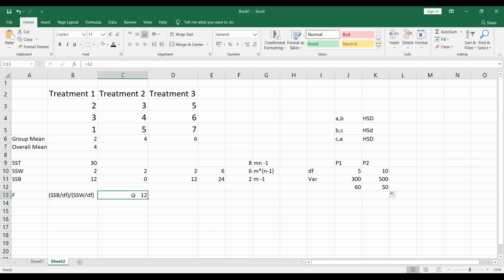Sir, I have a question. How do we calculate the SSB score 12, 0, and 12 from the groups and the rows? Individually, we're just adding those numbers 12, 0, and 12. Yes, it is the sum of all this. 4 minus 2 means 2. 2 squared means 4. 4 into the number of terms, 3, means 12. Next, 4 minus 4 squared means 0 squared, 0 into 3 means 0. Next, 6 minus 4 means 2. 2 squared means 4. 4 into 3 means 12. Like that.